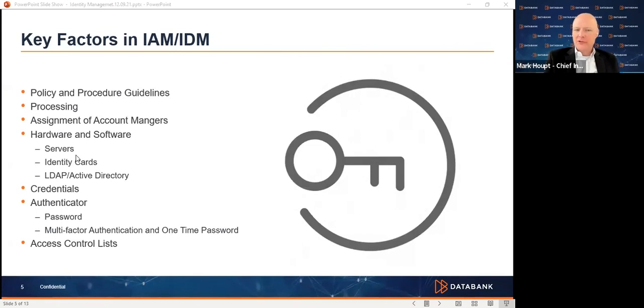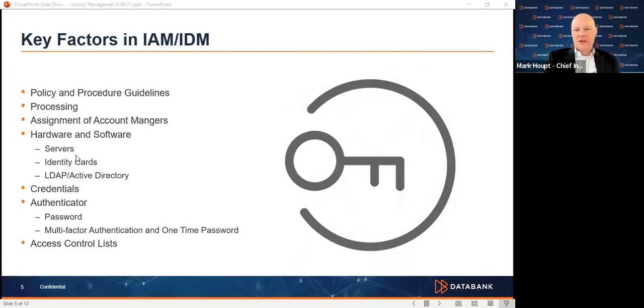So another key factor is credentials and how you want to set those up. In other words, with something we would call the user ID. What is it that identifies me as an individual that's been granted access to the corporate and enterprise systems? An authenticator, I used that term earlier, is equivalent to the term password. It depends on which model you're using, but NIST likes to use the word authenticator. And then as an authenticator, we need to start, especially if we're not in healthcare, finance, or something similar to that, we really need to be looking at multi-factor or one-time password type of situations.